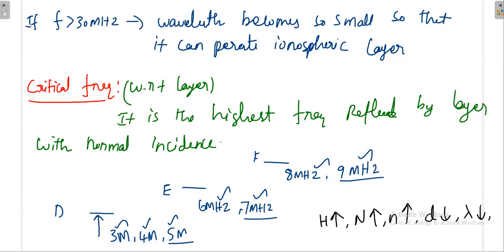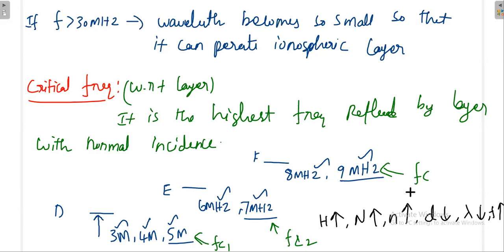Once the wavelength is less, then frequency is high. That is the idea. That's why you are getting higher cutoff critical frequency when you go to the higher heights. That is the definition of critical frequency. So this one I can say is the critical frequency of layer 1, FC1. This is for layer 2, FC2, and this is for layer 3, FC3.